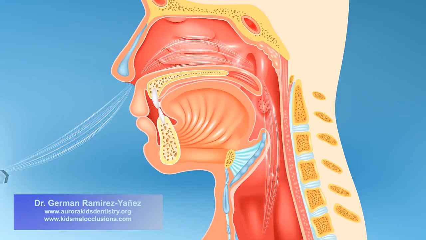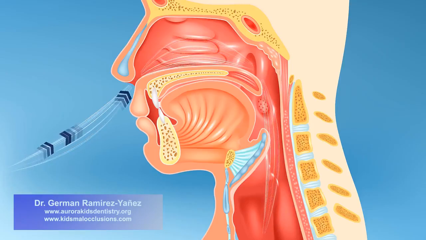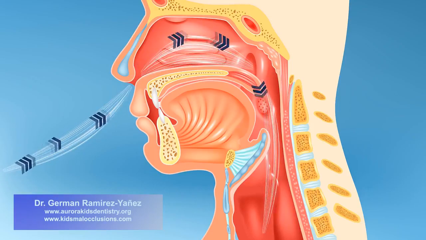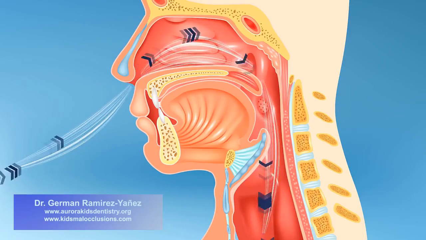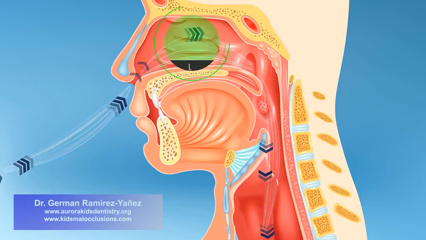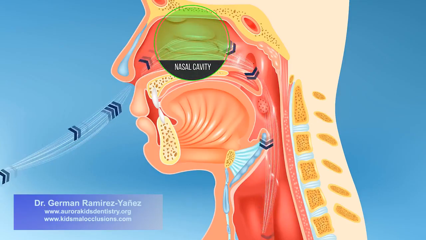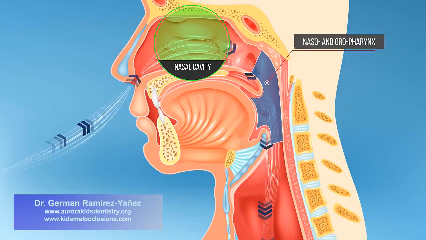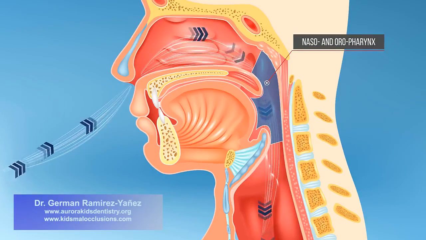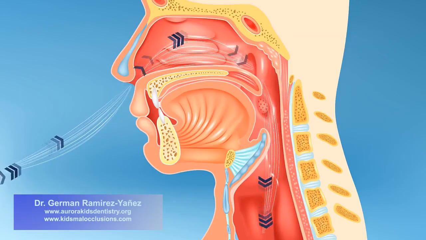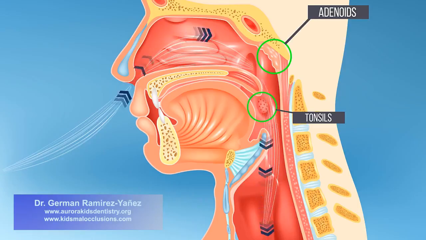The normal or physiological way of breathing is through your nose. Breathing through the nose permits to purify the air by the structures inside the nasal cavity. In that way, the air entering into your naso- and oropharynx, your throat, is not going to heavily affect the lymphoid tissue in the adenoids and tonsils, which is the last barrier to catch harmful particles in the air before